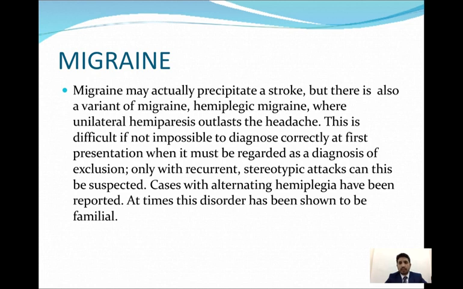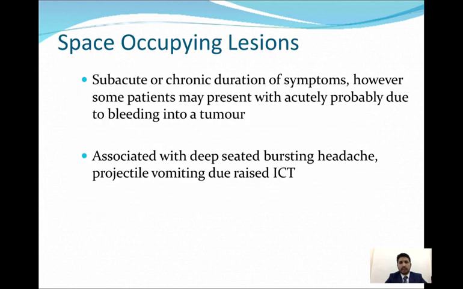If a patient presents to you for the first time and you are not sure whether it is a migraine or a stroke, what will you do? There is very little evidence, but in my opinion, it is better to give TPA to a patient with migraine than not to give TPA to a patient with stroke. But still, there is no clear evidence. So make an effort to rule out migraine before labeling a patient as CVA. As well, SOLs are usually slow growing and there is no acute presentation, but sometimes they present as bleeding into the tumor.